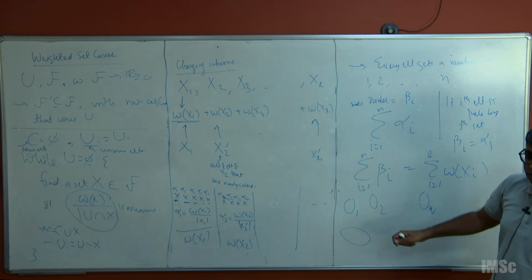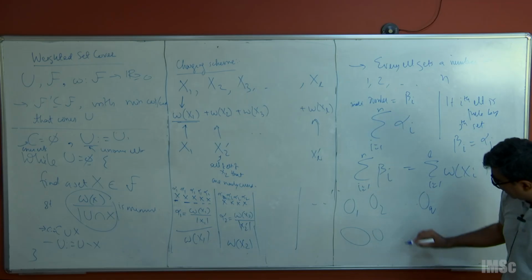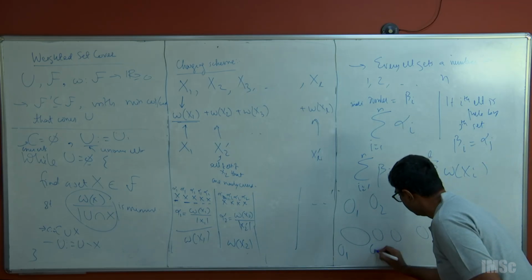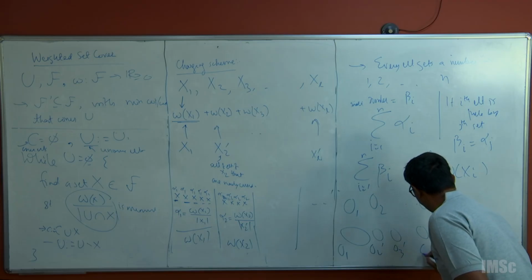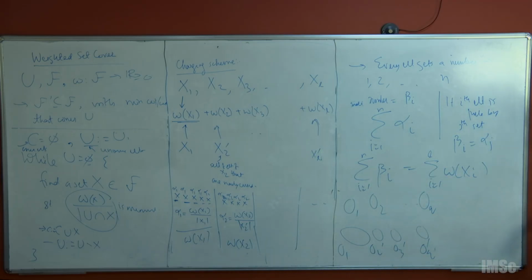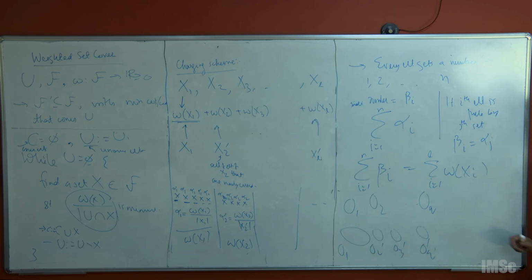O2 picks some set of elements which O1 does not. Maybe they pick. So I'm going to write down this is O1 in some order. This is O2 prime, O2 prime, OQ prime, right? Okay, you understood what I'm saying, right? So these guys also cover all the elements. Okay, now if I had proved a lemma, look at any set